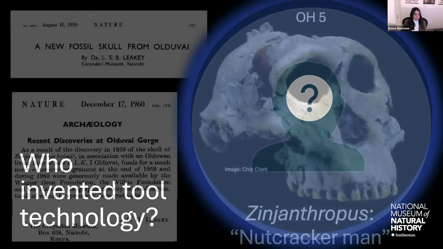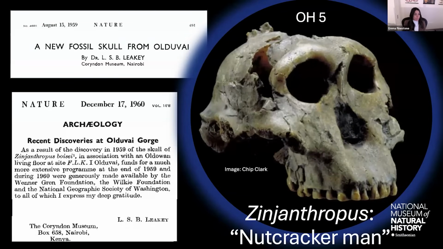Initially, the earliest stone tools were known from Olduvai Gorge, Tanzania. They were studied by Mary Leakey and also Louis Leakey, and the tools were discovered in Bed 1 at Olduvai Gorge, and they were initially credited to the robust OH5 cranium that was found nearby. At the time, this was known as